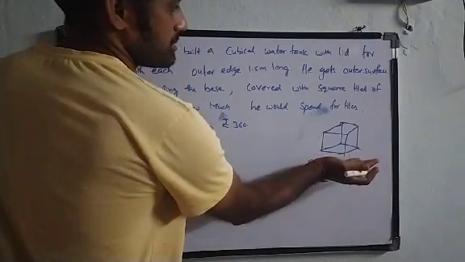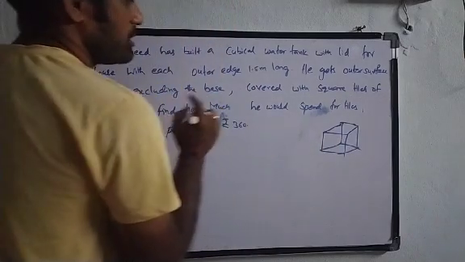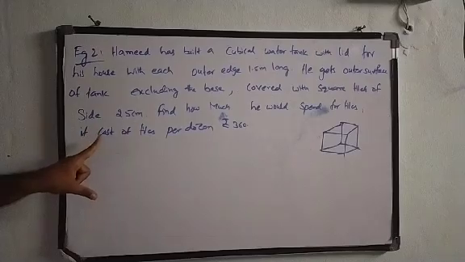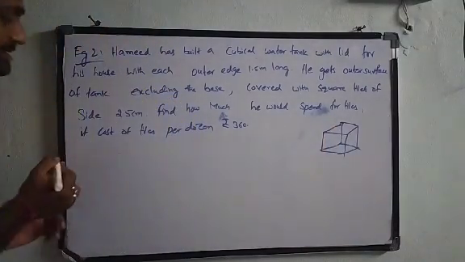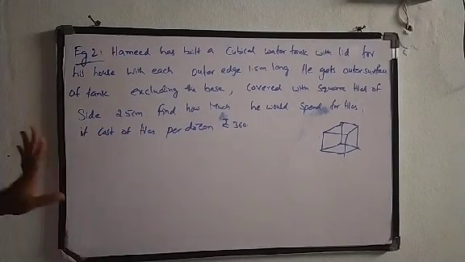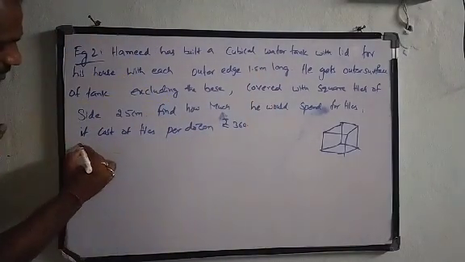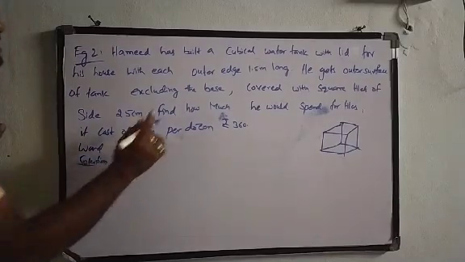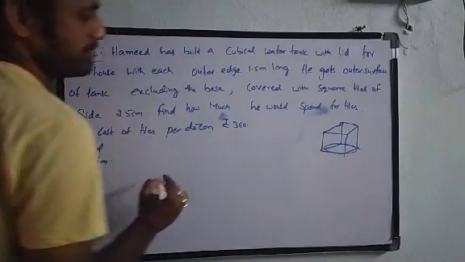He is going to cover the outer surface area excluding the base. So apart from the base, he is going to cover all the remaining faces with square tiles of 25 centimeters each. We need to find out how many tiles are required and what will be the total cost, how much he is going to spend. Let us see. He is given a cube. Make sure that he is covering only the 5 sides, so he is not putting any tiles on the base.